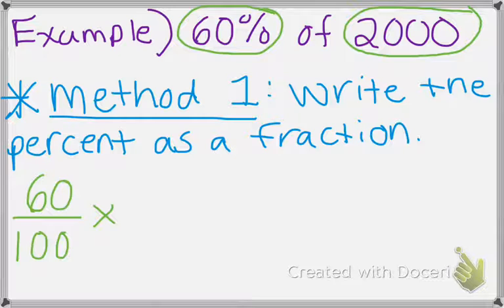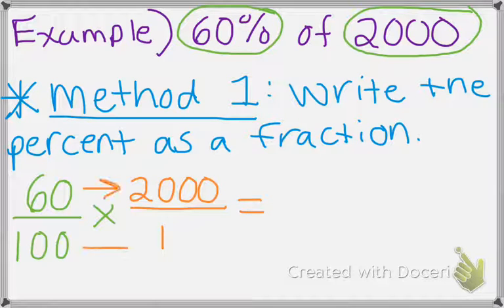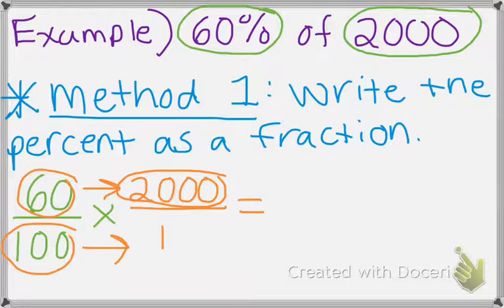But again, remember, we want out of 100, but right now we have out of 2,000. So we're going to multiply by 2,000. Now, when you multiply by a whole number, we know that we put it over 1 to make it into a fraction. Now you're going to multiply across. So it's going to be 60 times 2,000 over 100 times 1. So 60 times 2,000 is